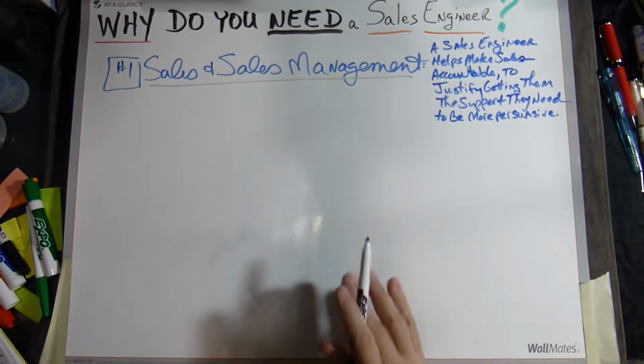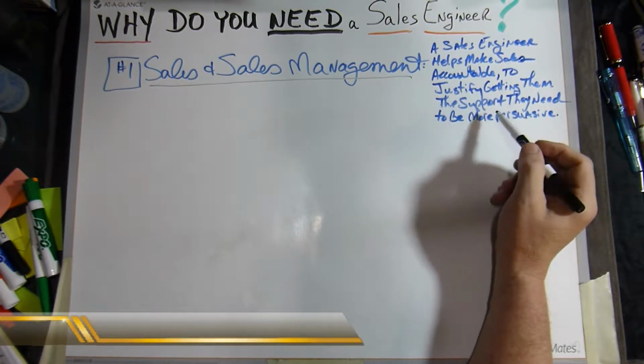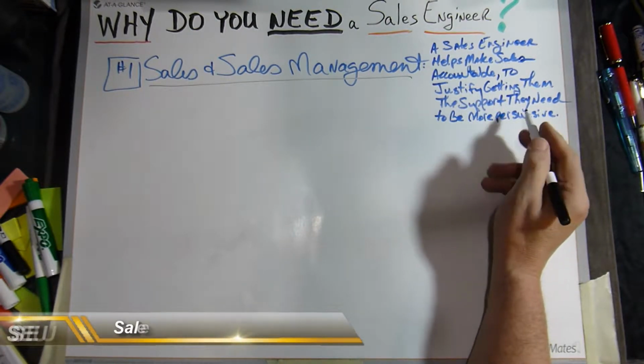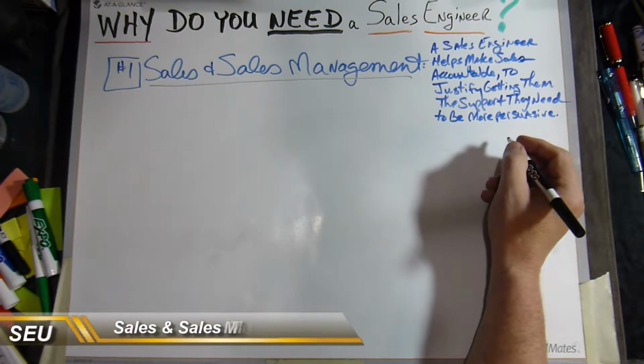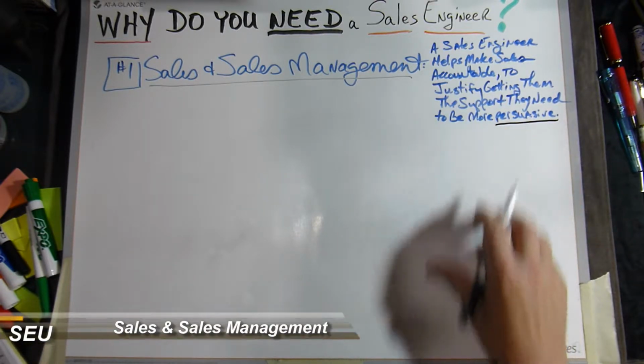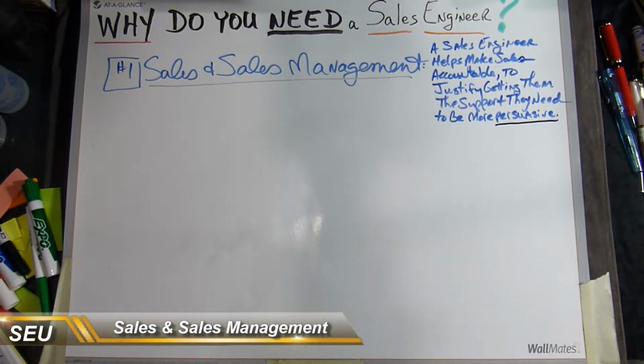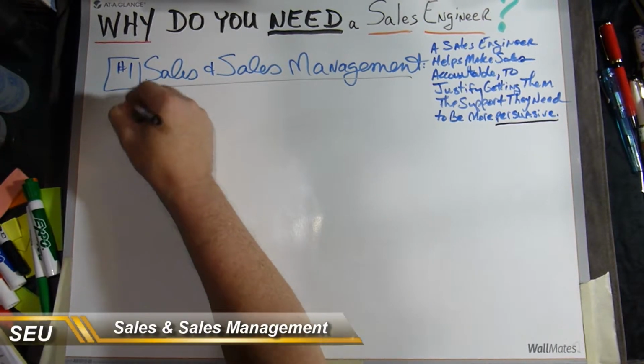So for sales and sales management, what a sales engineer does is they help make sales more accountable to justify getting them the support they need to be more persuasive. Persuasive is a term we use in sales. In other words, we want people to want our product. We do not want to have to hit them over the head and cheat and lie and steal. We just want them to love what we do and say, yeah, I'll take 2 of them on their own. So the first thing that we do to this end